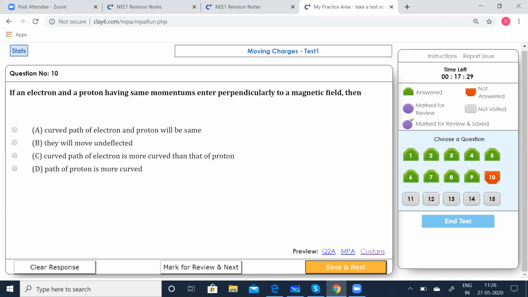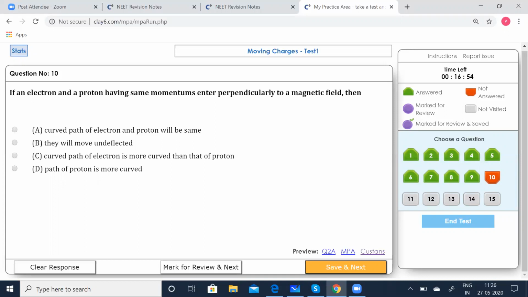All right, children. Again, quickly let us go through the concept. Now he says the momentum is the same for both the electron and proton, but even though the momentum is the same, the masses are not the same. It is different for electron and proton. So they will attain different velocities, and obviously they will experience different forces. But the radius of the circular path is dependent on the momentum. So both will be moving on the same trajectory.